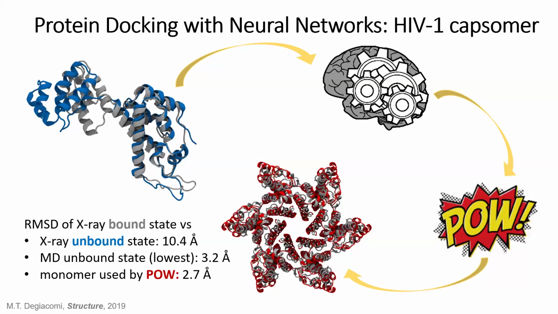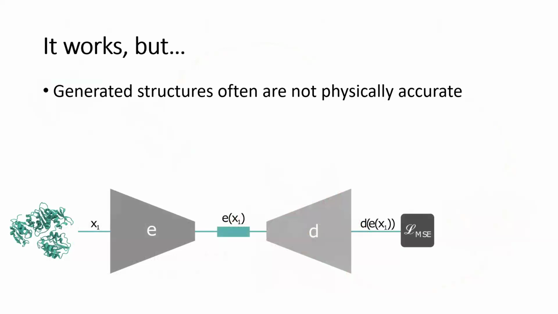However, when we started looking very carefully at the models generated by this quite naive neural network, a classical feed-forward perceptron, we noticed that the devil is in the details. If we truly looked at the atomic structures very carefully, still better than a principal components analysis, but they were not physically accurate. Bonds were stretched, angles were a bit too open. Let's not talk about their Ramachandran distribution. So they looked better than what you can do with a PCA, but still they were not real atomic structures